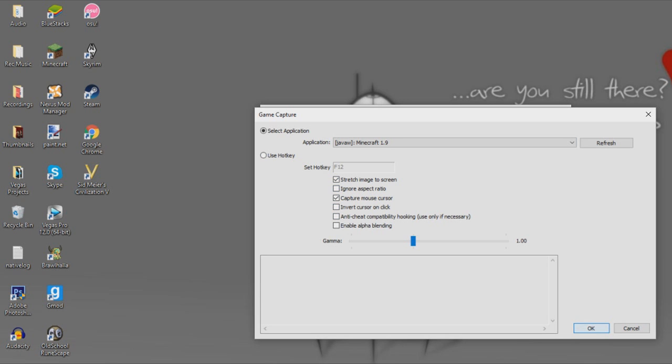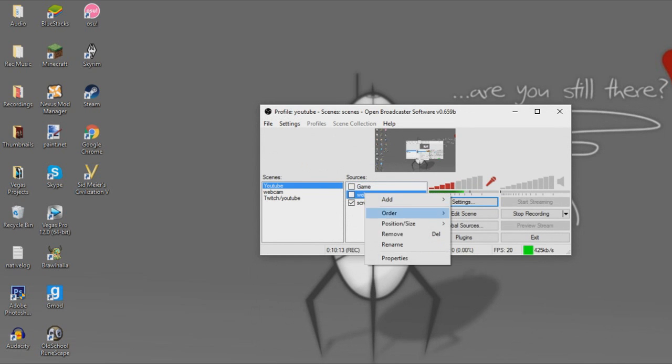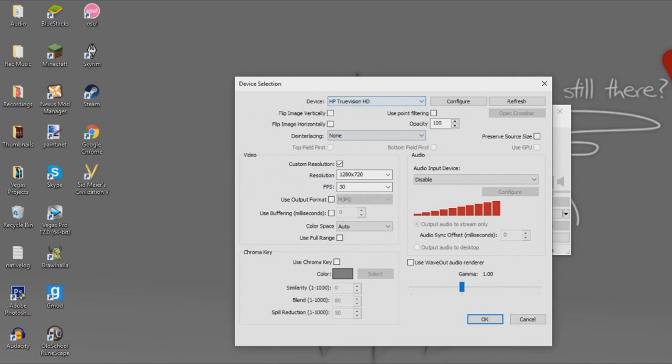And then for webcam, I don't really use webcam in my videos. I used to, but for this, you just go into here and then you select whatever your webcam is, and you can flip it horizontally, vertically. Some of this stuff's pretty self-explanatory. Opacity to 100. I don't use de-interlacing. You can choose the resolution of your